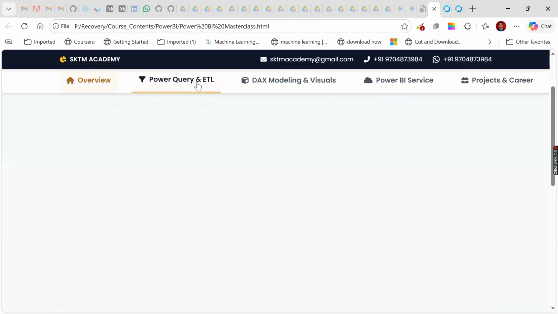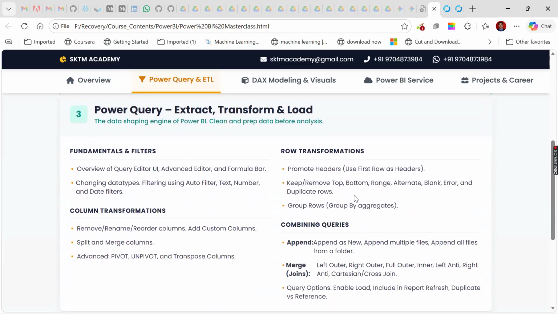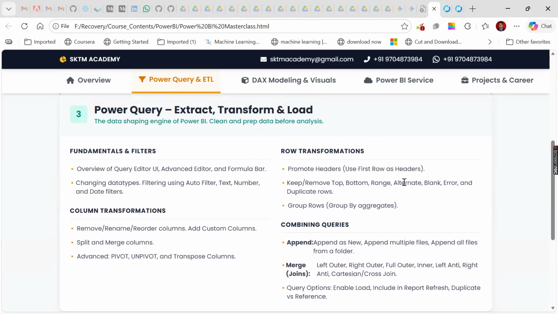Power Query is one of the features which Power BI provides for data extraction and transformation, which can be done through Power BI Desktop. So we are going to learn how to perform these filters, transformations, column transformations, combining queries, like I mentioned, append queries, merge queries, joins. All of this we learn as part of Power Query and this ETL.